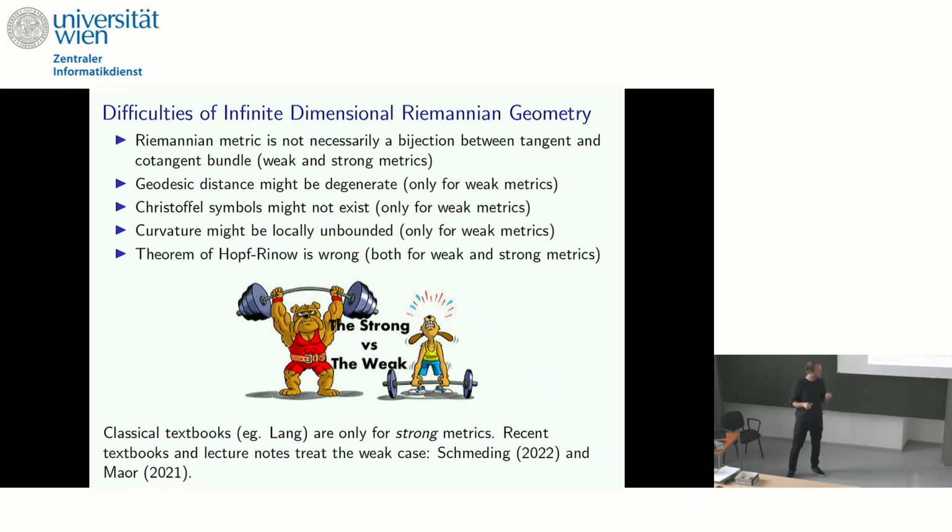I think there have been two nice books that I can recommend for this. One of them is lecture notes from 3 or 4 years ago, and a bit later, Alexander Schmeding, who some of you might know, wrote a textbook on weak Riemannian geometry, which I think is very nice. Okay, so what are the problems and what are some...